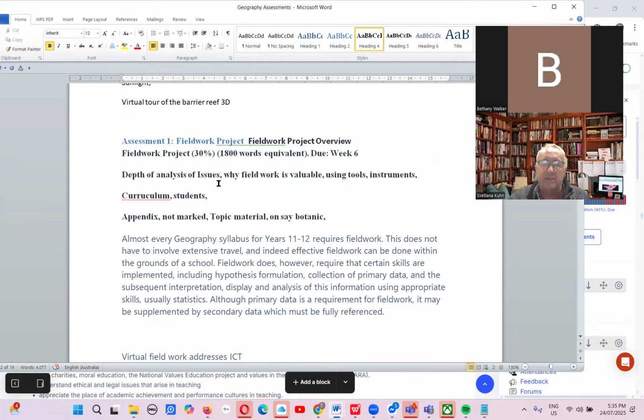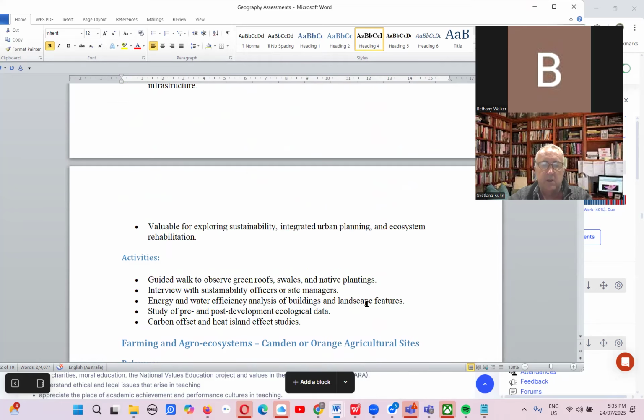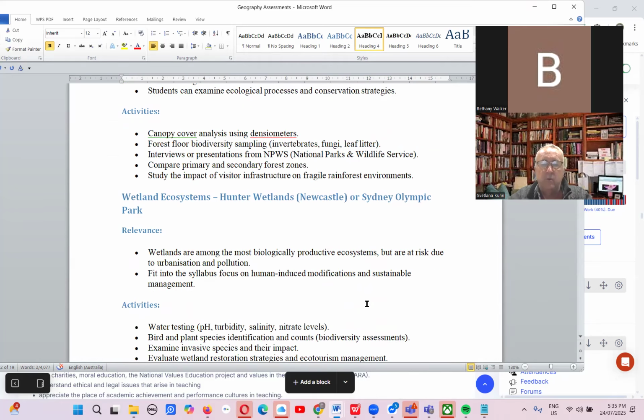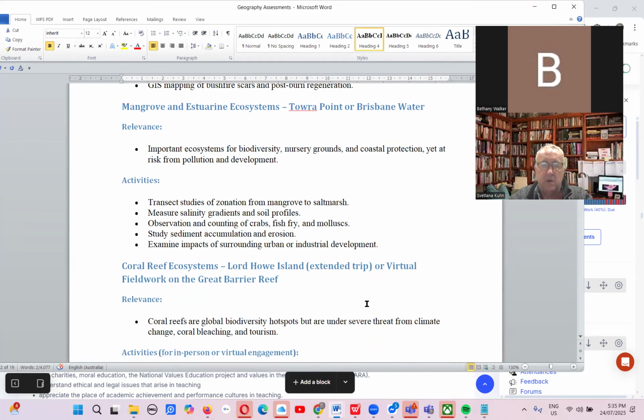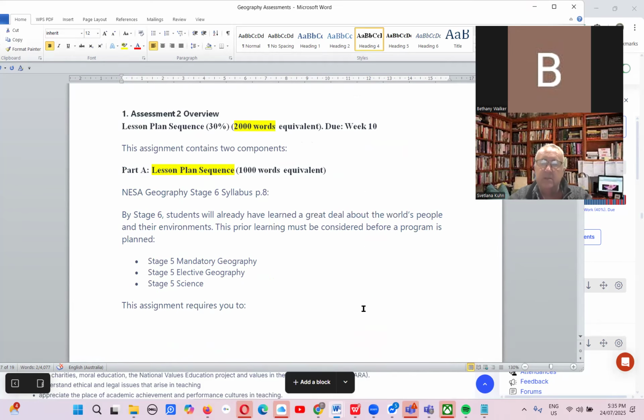I think where the marks are really gained is where you do the analysis of the issues in the teaching, of the issues of why fieldwork is important and those sorts of issues there. So if you have any questions to ask for assignment one, and then we'll look at that again in 2 weeks' time as well. In the second assignment, which we'll spend more time on in about 7 weeks or so's time,